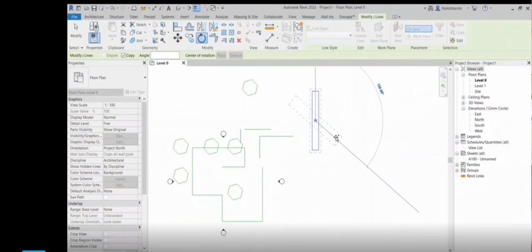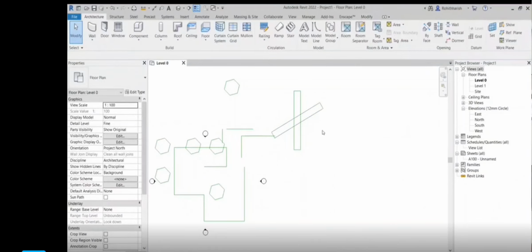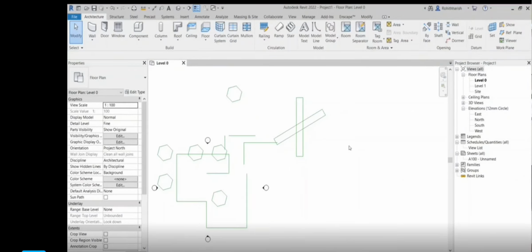The original object actually remains. Exactly, the original object stays. But what if I want to rotate it and I don't want to keep the original one? So again, I'll just go here, select this,